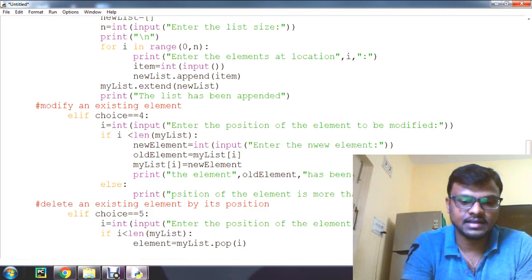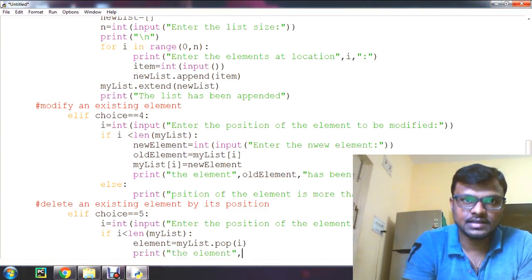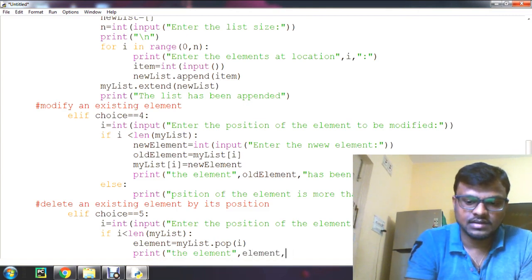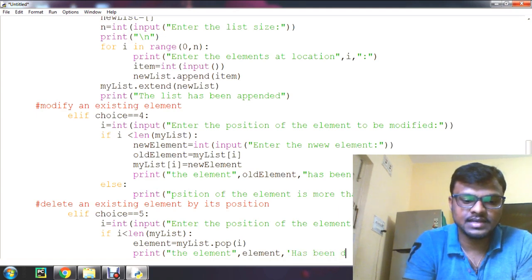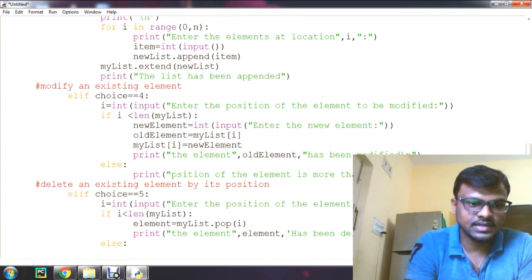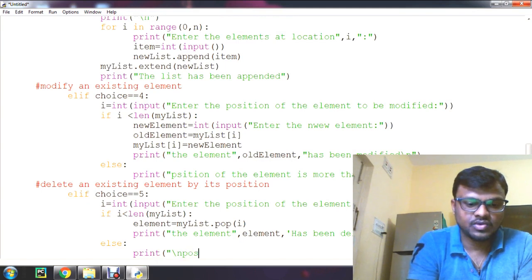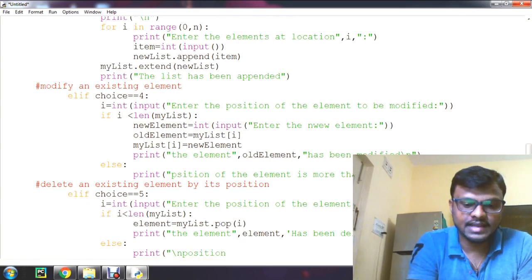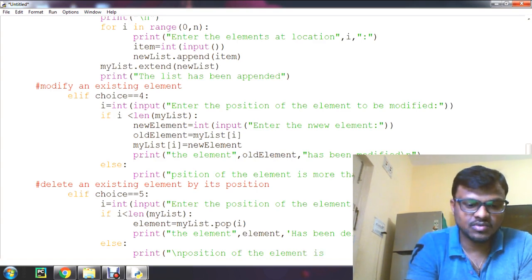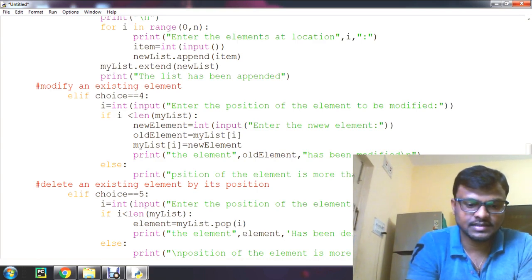Now print the element has been deleted. Otherwise, if the condition is false, we need to check else, that is print position of the element is more than the length. Clear.